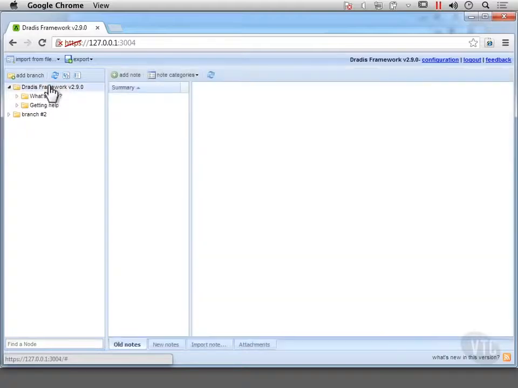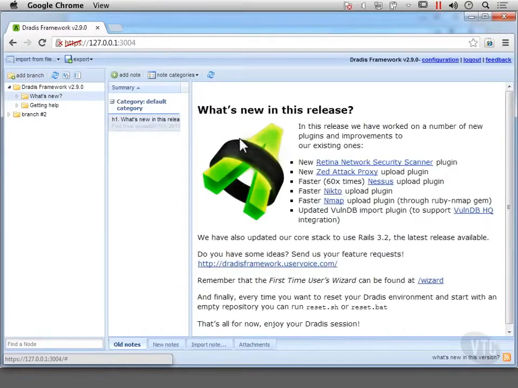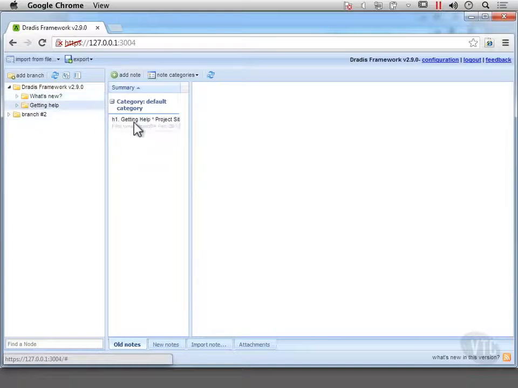So the first thing we see here is a Dradis framework branch right here, or a folder, and inside of that is actually some documentation. So here's the documentation, it's what's new, and we can go to Getting Help, and it will load up the Getting Help page here. And you can see inside this pane here is actually the list of notes